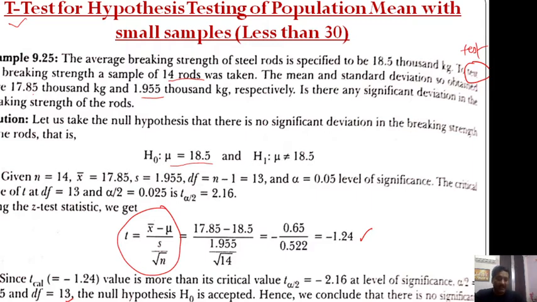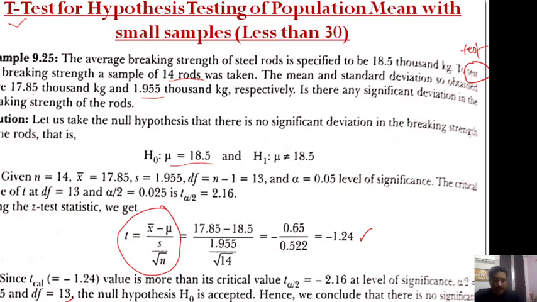And why do we do that? Because here we consider that one value from the sample, which has come as the sample mean, is not free at all. The other 13 values are free to take any value, but the mean cannot be disturbed or touched. So that's why degrees of freedom are always considered as sample size minus 1.